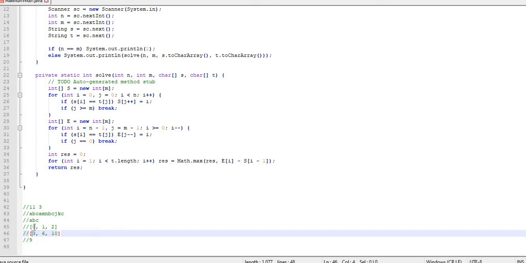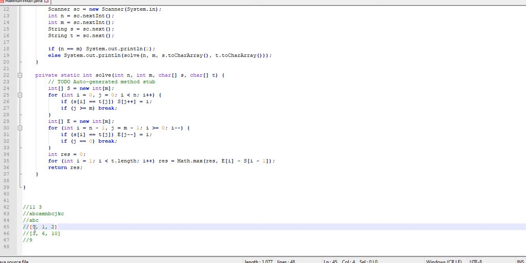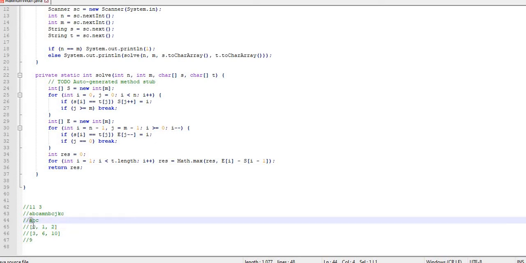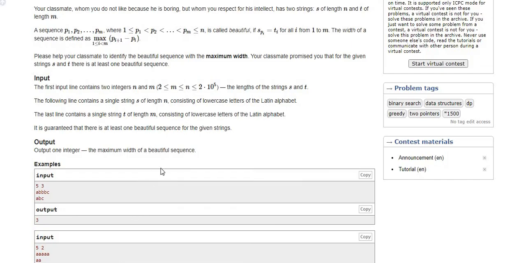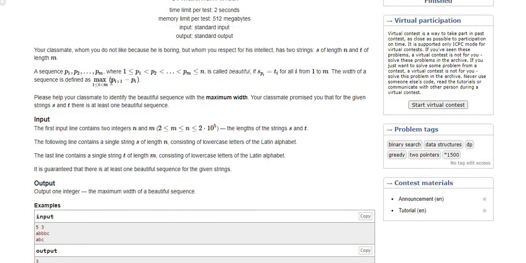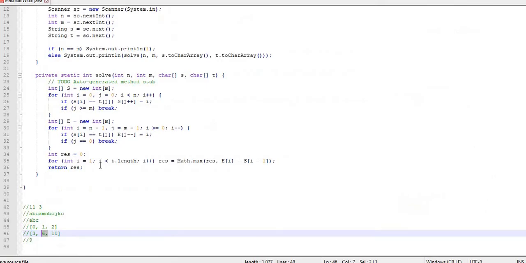the ith value from both the arrays points to the same character of the T, so it doesn't make any sense to take a difference of this. But if I take a difference of the i plus 1 and the ith character, as they mention, that can give us the maximum value.